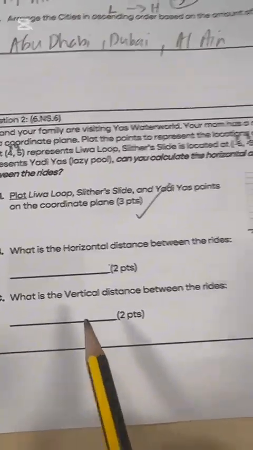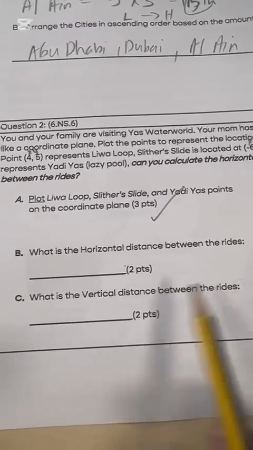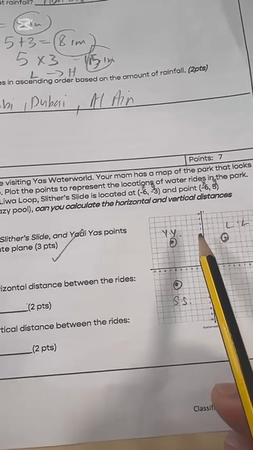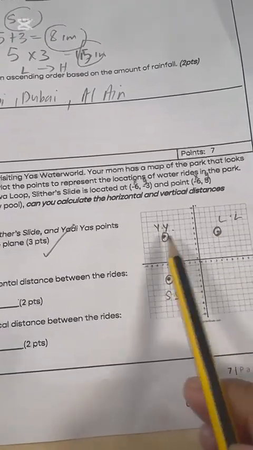So that would have given you the 3 points here for doing section B. What is the horizontal distance between the rides and the vertical distance? Horizontal means that it's a distance that is between, so only one